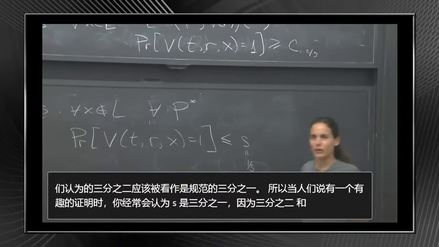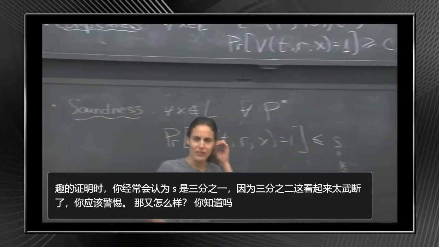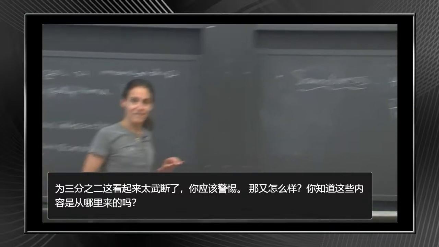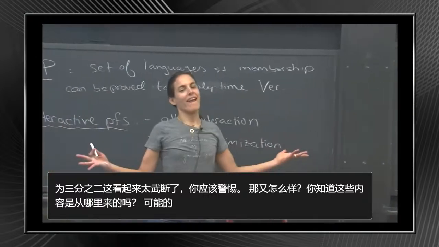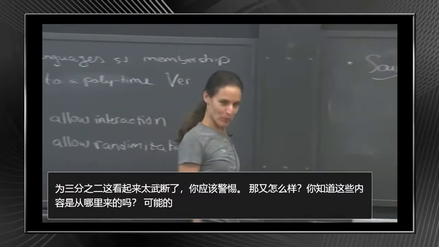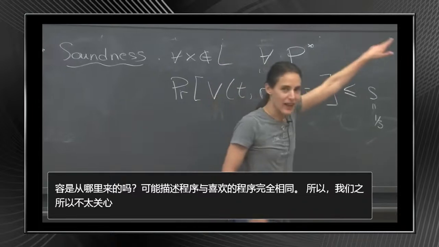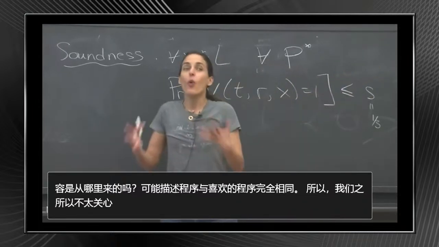So where do these constants come from? I just want to say, I think it's possible to just repeat the procedure to arbitrate the 1 and near 0. Exactly. So the reason why we don't care so much about these constants is because if you have an interactive